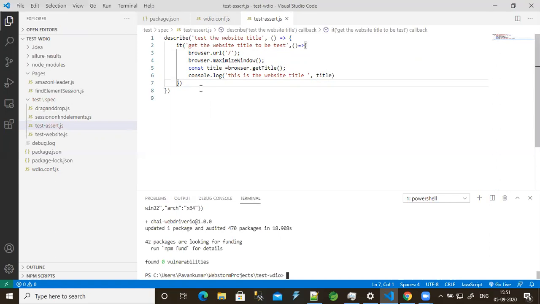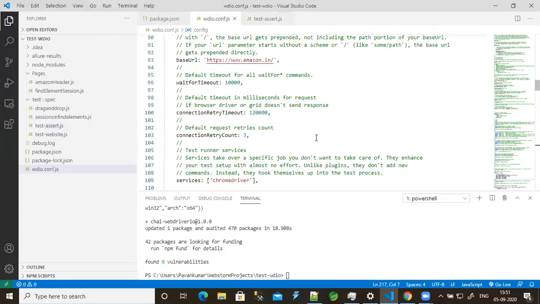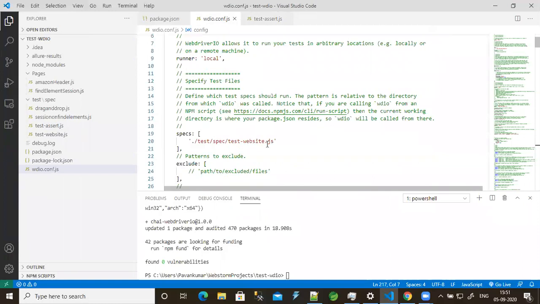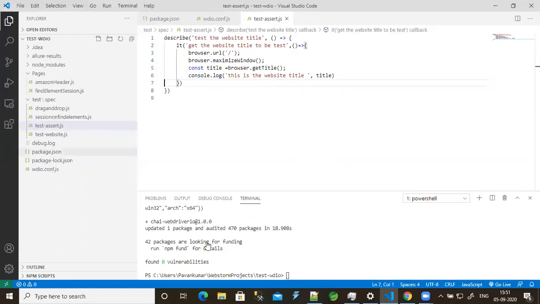Now I'm going to run only this test-asset.js file. Previously what we did, we went here and changed it, but now we will check with the help of a terminal. We can execute only a particular file. For that you have to give the command as